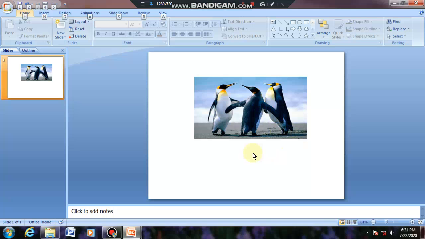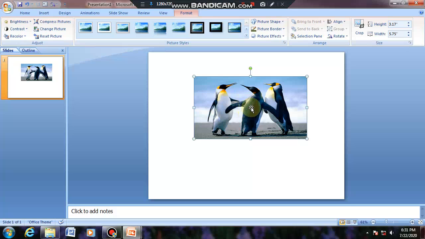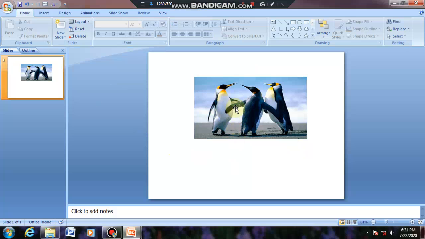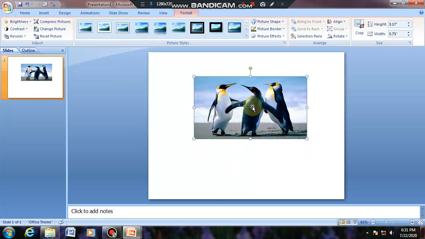Now I will add formatting to this picture. Click on the picture, click on the center of the picture. Then you can see the format tab and different picture formatting groups over here. Have you seen it? Let's do this again. Click on the picture center like this.